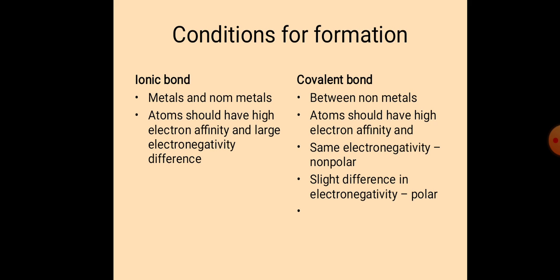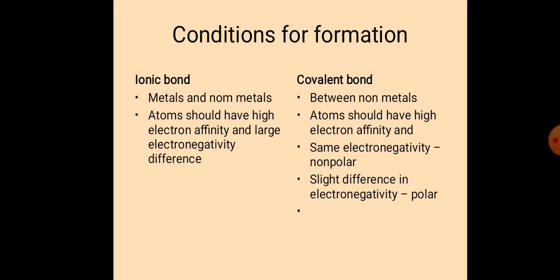Morning children. Today we are going to see only one topic, that is comparison between ionic bond and covalent bond. We are going to do this for a better understanding. So what I am going to do now is divide that into two topics. One is the conditions for the formation. The other one is properties. So we can compare and learn about ionic and covalent compounds based on two factors. One is the conditions required for the formation of ionic and covalent bonds. The second one is the properties of the ionic and covalent bonds. Okay. Now let us start our class.